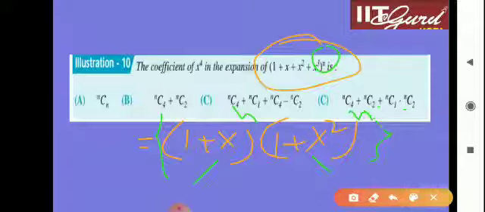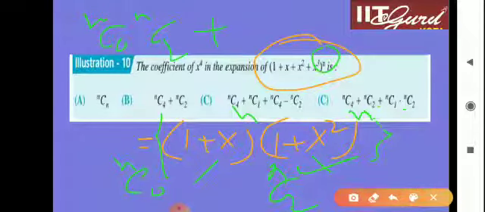So how to get the coefficient of x to the power 4? Here in 1 plus x to the power n, if you write nC0 plus nC1 x plus nC2 x square plus nC3 x cube, so nC0 will be there, and here also in this term the coefficient of x to the power 4 will be there, that is nC2, the coefficient of x square, because x square is there. You have to search for the coefficient of x to the power 4, so here the term will be nC2, and here the term will be nC0, correct? So nC0 into nC2, so the result will be nC0 into nC2 once again,